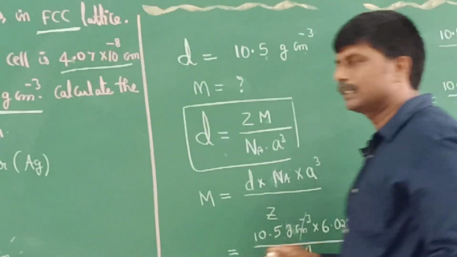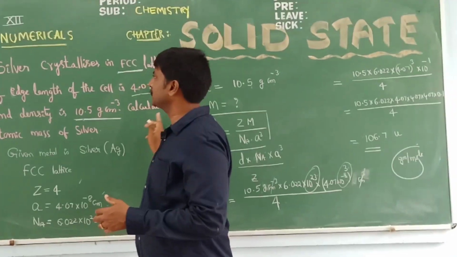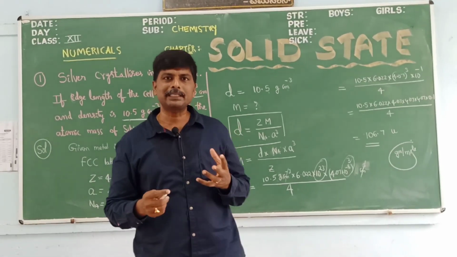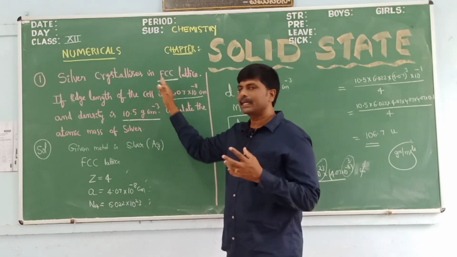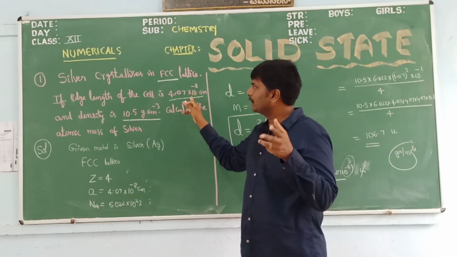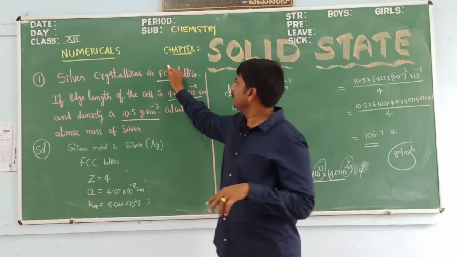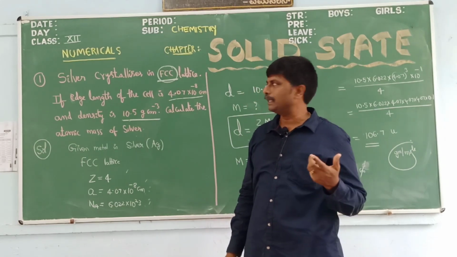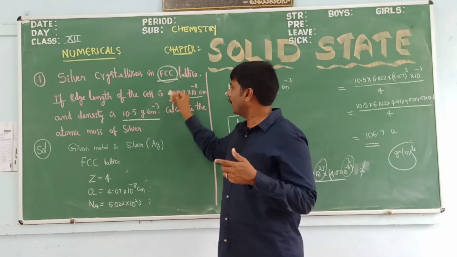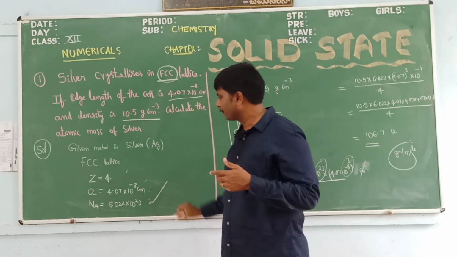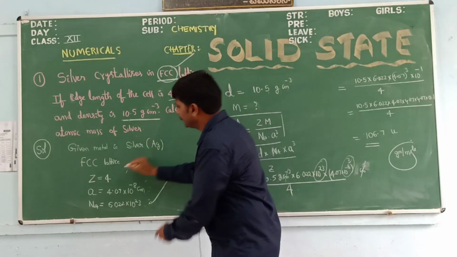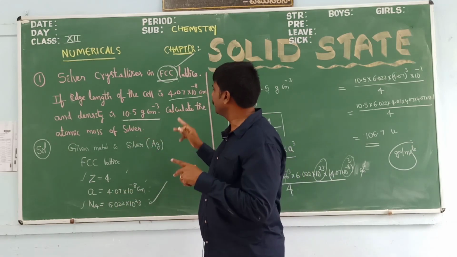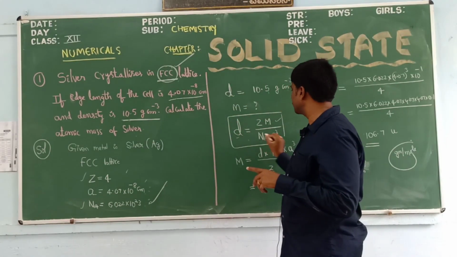All types of numericals are like this only. You read the numerical thoroughly first and try to understand which quantities they have given. Generally there are 5 quantities. Out of the 5, in the numerical itself you have 2-3 quantities of information, and one more in the form of FCC, BCC, or simple cubic, which means the Z value. Next, Avogadro's number, you anyway know its value. These two, the Z value and Avogadro's number, you already know. So the numerical is only about molar mass, density and a.